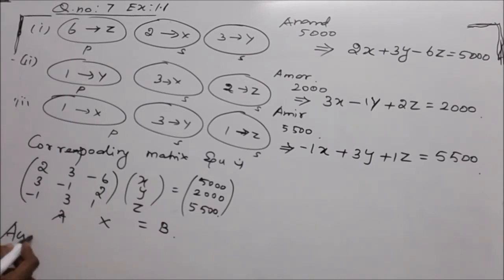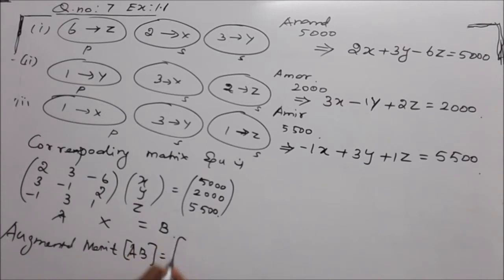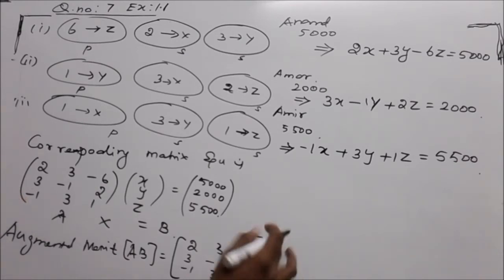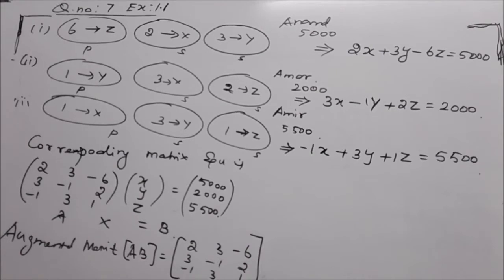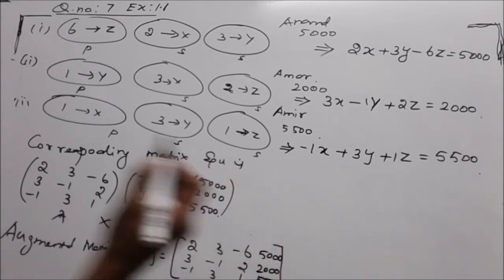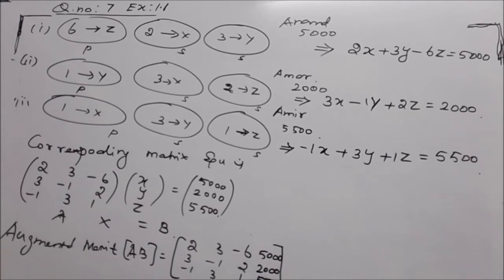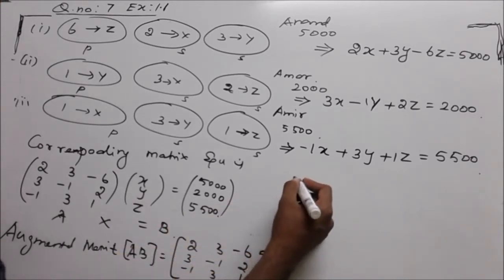So the augmented matrix AB is equal to A, we have 2, 3, minus 6 and 3, minus 1, 2, minus 1, 3, 1, adding the constant matrix here, 5,000, 2,000, 5,500. This is equivalent to